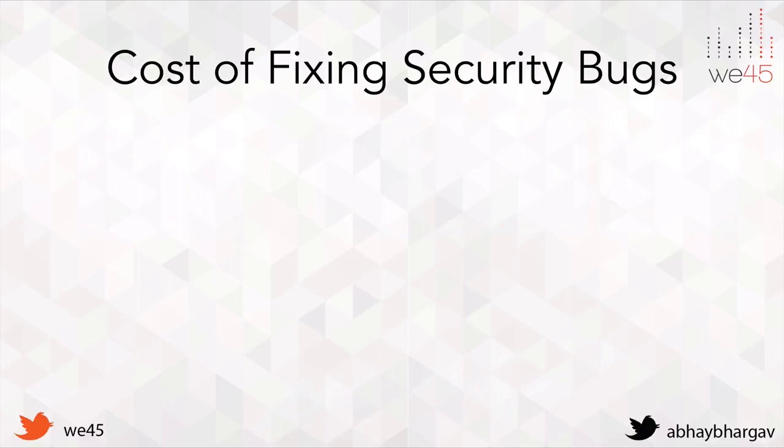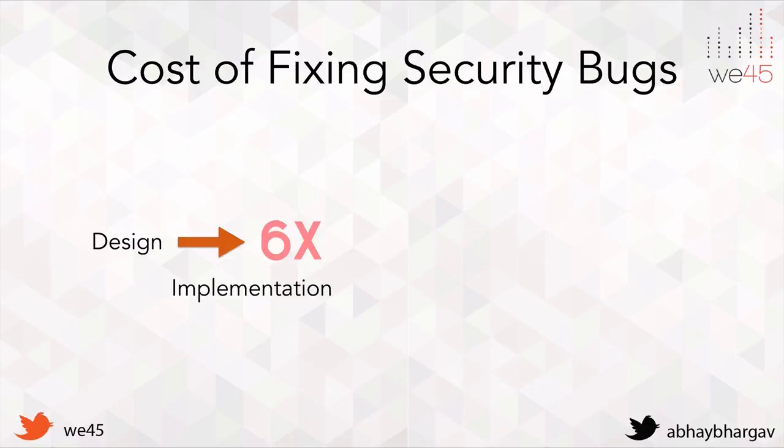Now, if you look at the cost of fixing security bugs, or any bugs for that matter, this is an IBM report which talks about the cost of fixing bugs. If you fix bugs early in the life cycle, they tend to be cheaper. So for instance, if you design something that is fault tolerant or automatically takes care of security issues or other bugs in the design phase, then you're actually saving a ton of money. But when it goes to implementation, when the developer actually writes code and gets it ready for a build, the cost of fixing that bug is 6x, that is 6 times more expensive than it was in the design stage.